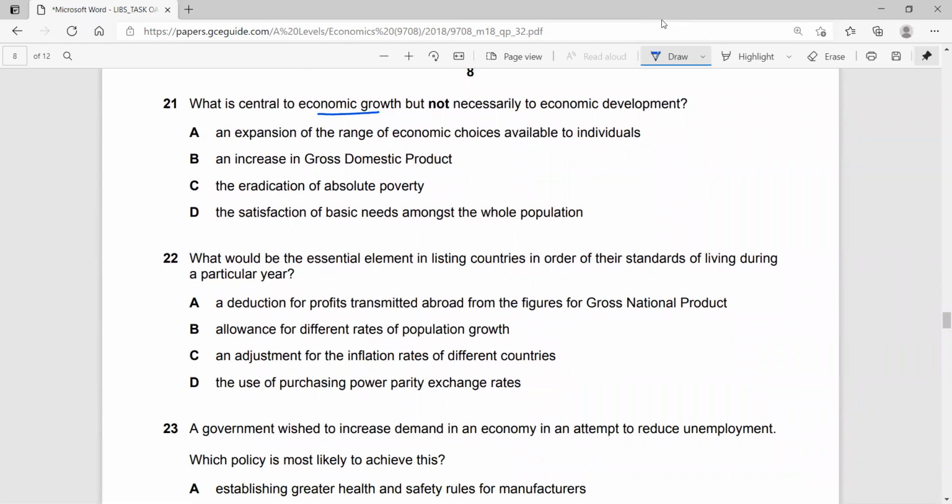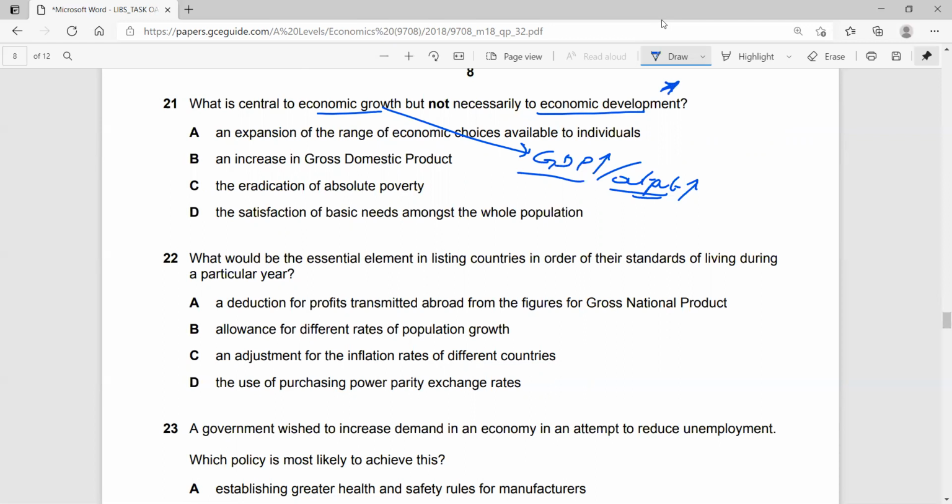What is central to economic growth, but not necessarily economic development? So economic growth is just increases in GDP, increases in output, essentially. That's just economic growth. Economic development is a little more. It's looking at whether the standard of living is improving. So that's where you look at stuff like the Human Development Index. That's where you look at pollution levels. That's where you look at mortality rates, number of doctors per 1,000 people. So it's a lot more, and